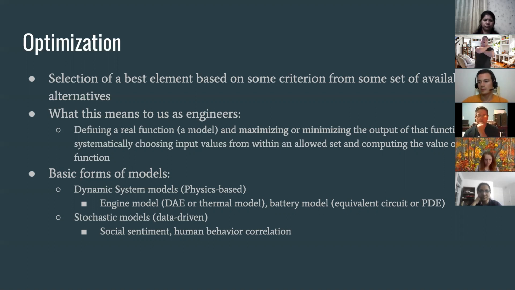And then the other are what I like to call data driven models. And these are most predominantly stochastic models, statistics, right? Based in statistics, heuristics. Examples of these would be like social sentiment, human behavior, the things that are so complex in terms of the number of variables that they are physically impossible to mathematically model accurately to even get something in the ballpark, right?